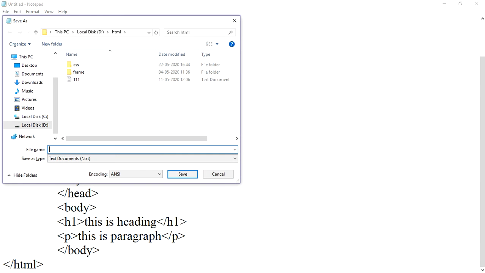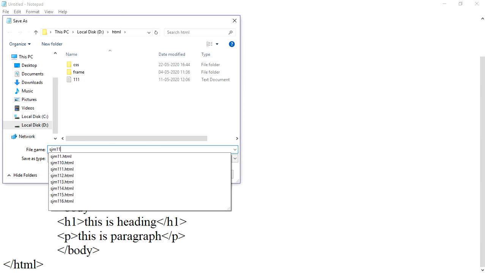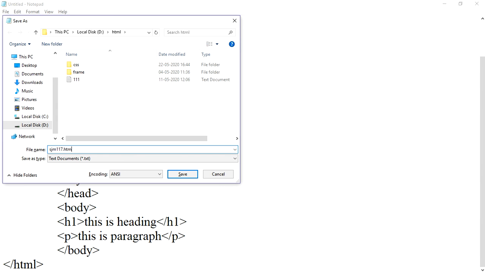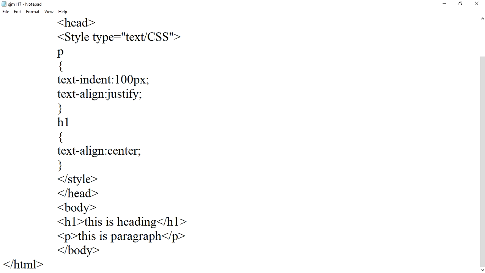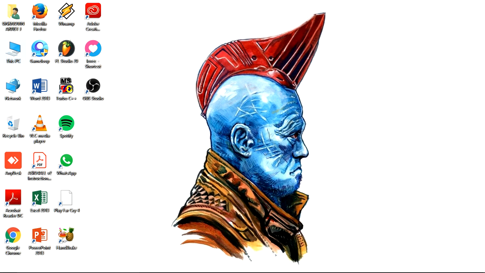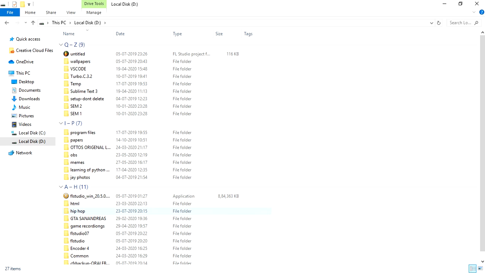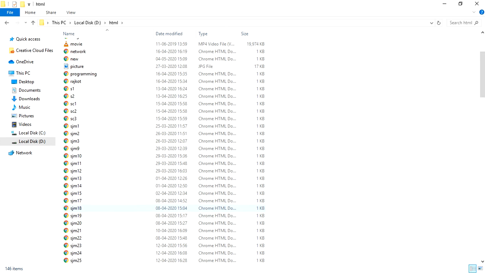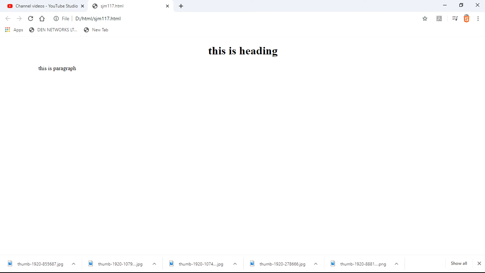So now we'll just save it as 117 with the extension HTML and in all files. So now let us check the output. HTML and 117th program. So this is our basic output of how to use text indent and